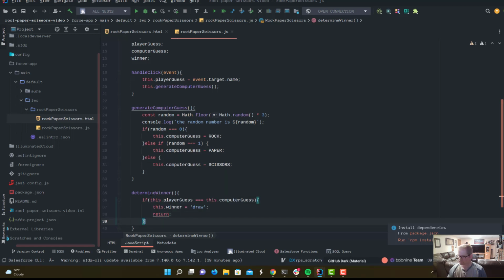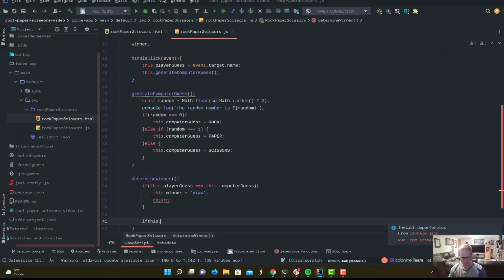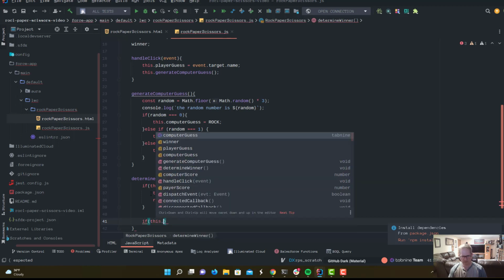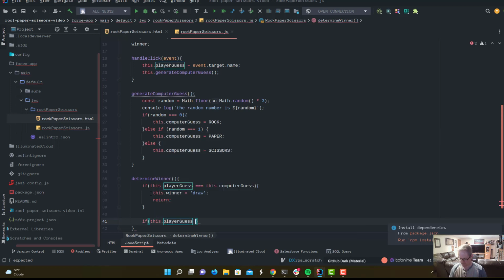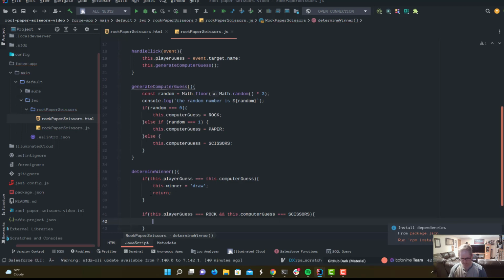Otherwise, we want to check all these other conditions. So I'm going to say if this.playerGuess, we need parentheses there for any of this to work. I'm going to say if the player guesses rock, we're going to use those same values from our constants earlier. If the player guesses rock, and so what did the computer guess? And this.computerGuess triple equals scissors. So rock beats scissors, right? We're going to say this.winner equals,